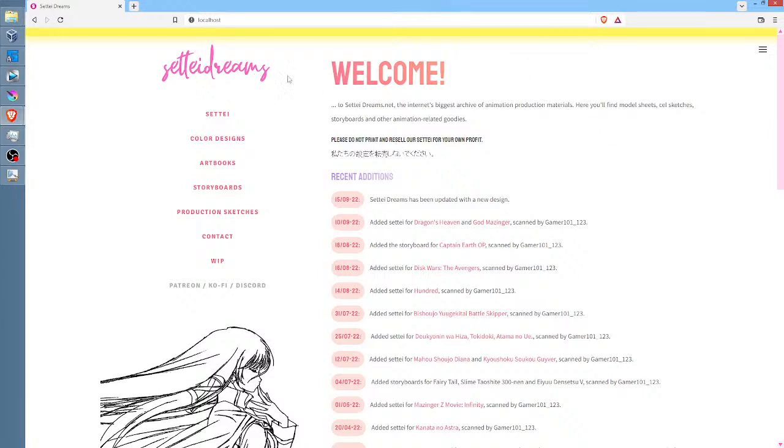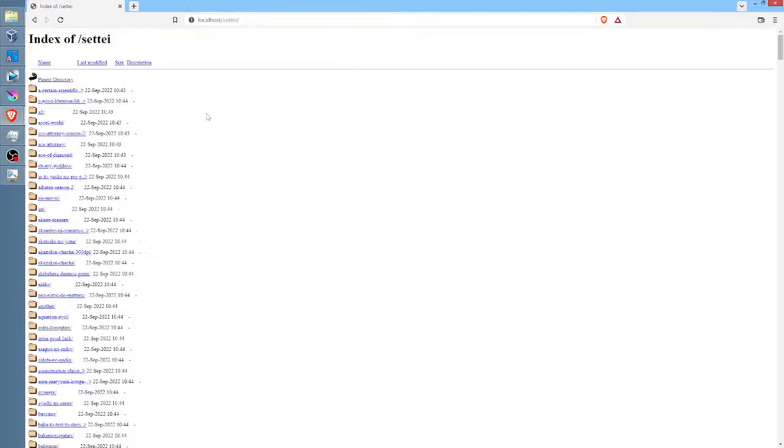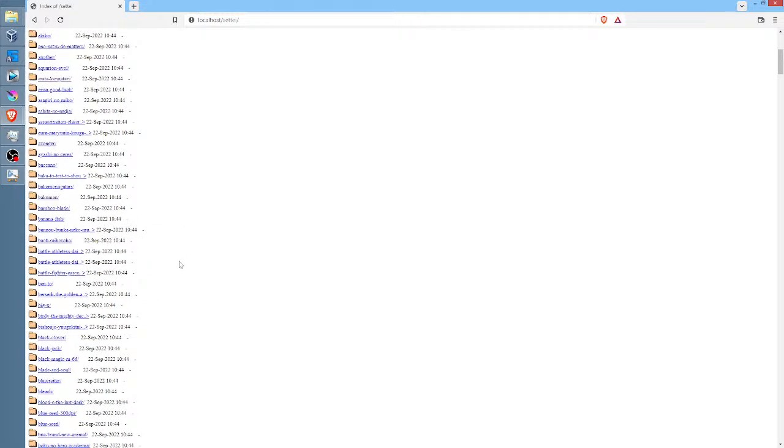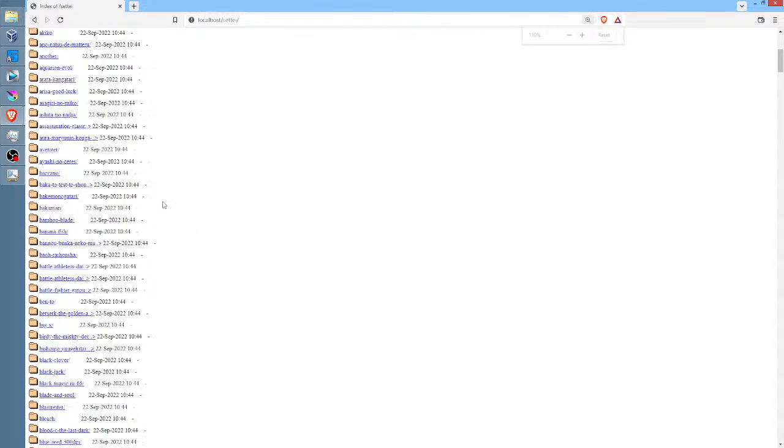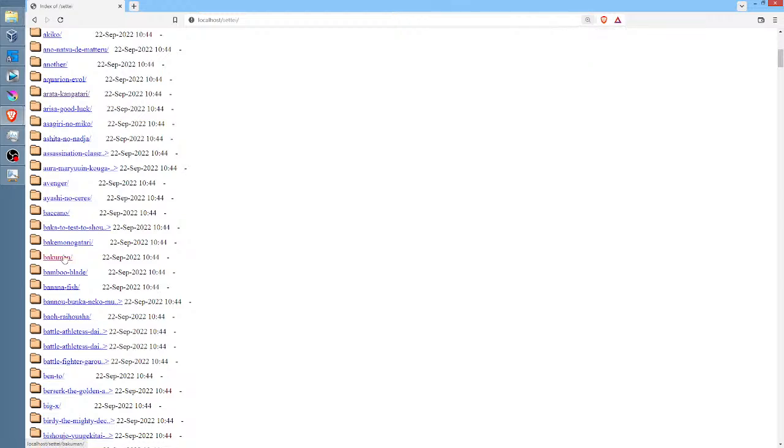And so what I have here is a little different. I thought I was going to have to unpack all the RAR files, but it turns out that the scraper did the whole job for me. So this is just for my own enrichment. I can pick any of these categories, and then I just get a list of titles. Like, okay, Bakuman would be a good one. Bakuman is an anime I've always liked.